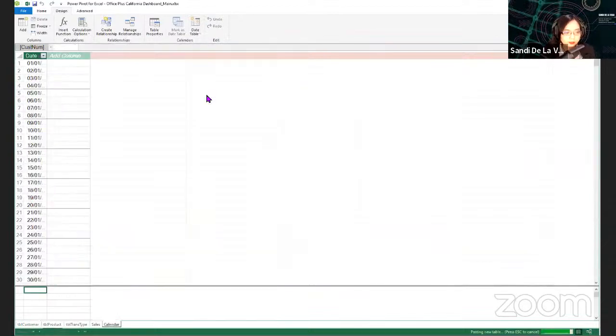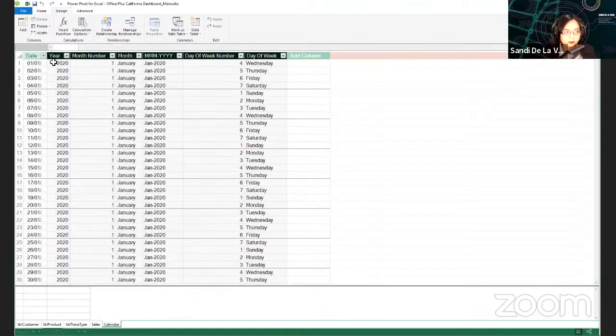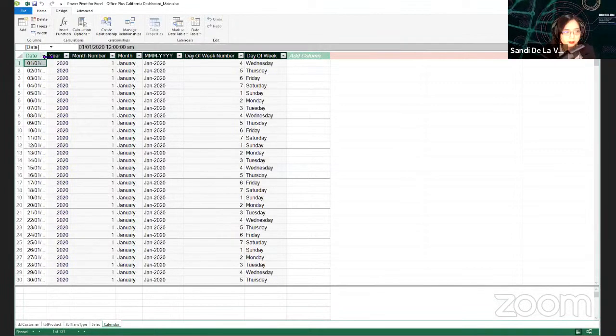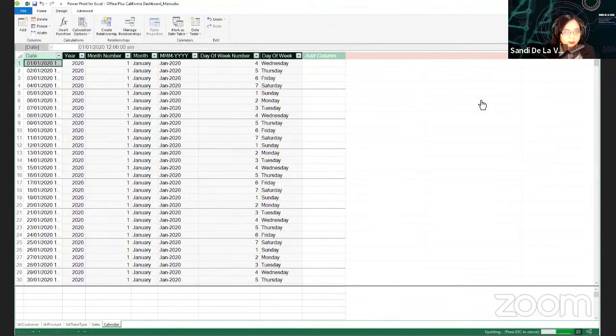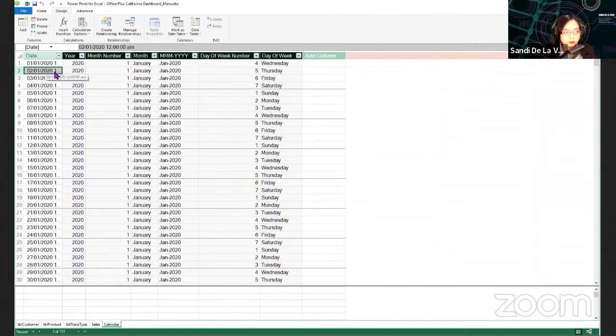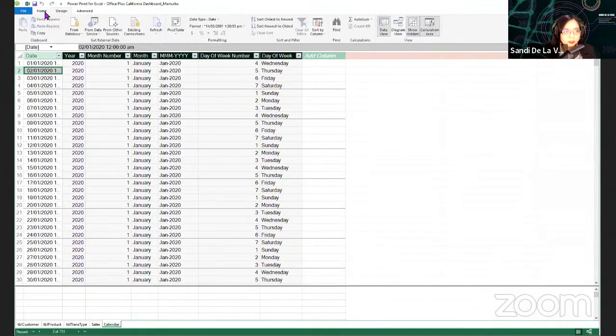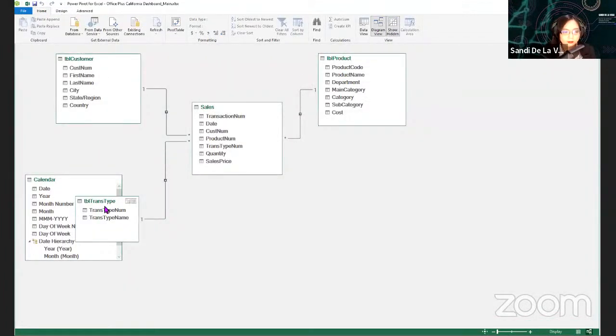By doing so, this will create a date table from all dates from January 2020 until December 31, 2021, which can be seen here in the date table. So just in case the Sales table has no sales, for example on January 2, 2020, it is filled up with the date table. Then go back to the diagram view.